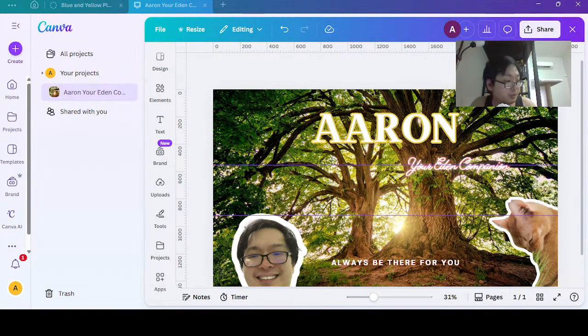Right, so from the looks of it, we're already done for the desktop. What you can see here is the ruler, which is the desktop adjustment. Now we need to adjust for all devices, which is 1,235. So 1,235, we subtract that